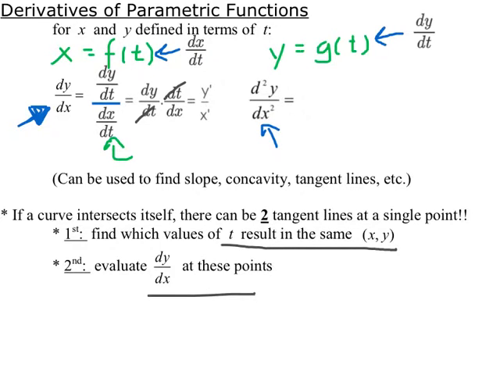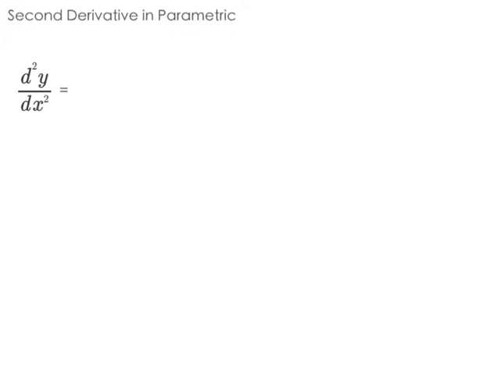Okay, so what we have here is that our dy/dx is y prime over x prime, or the derivative of the y component divided by the derivative of the x component, and our second derivative we're going to talk about. For second derivative in parametric form, I would have d squared y over dx squared, or d2y over dx squared. So my second derivative, I normally find by taking the derivative of the first derivative, and that would look like this. Well, before I show you, if my first derivative is with respect to t,